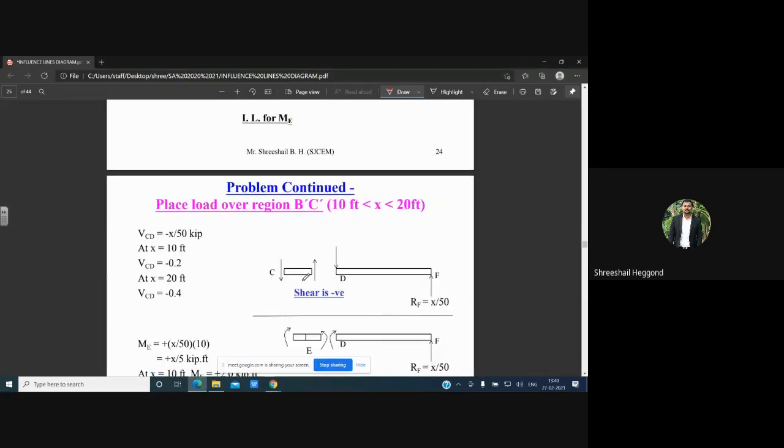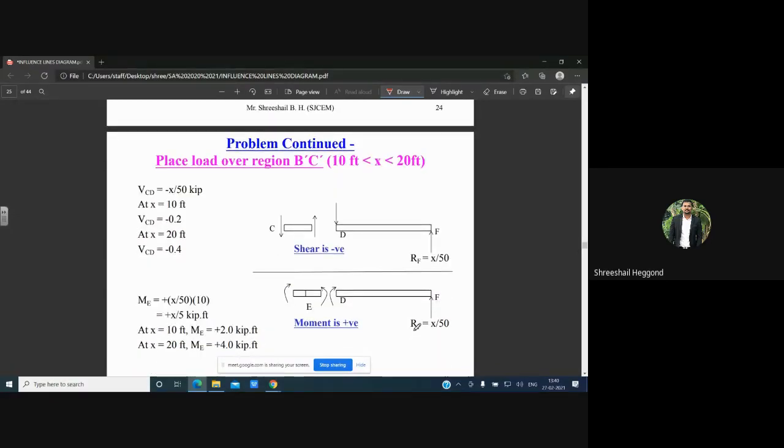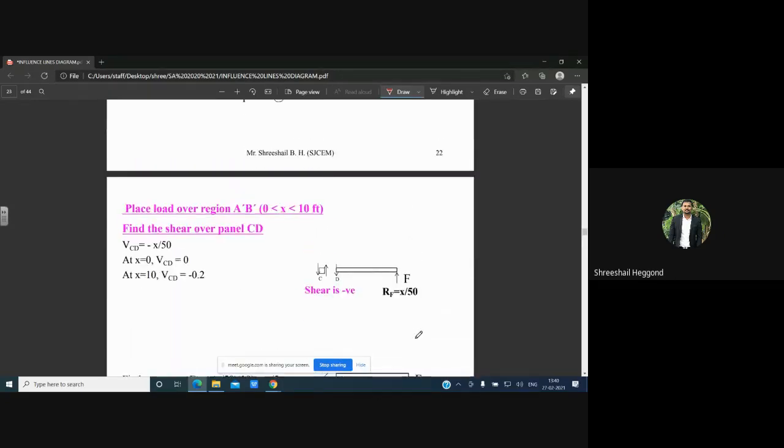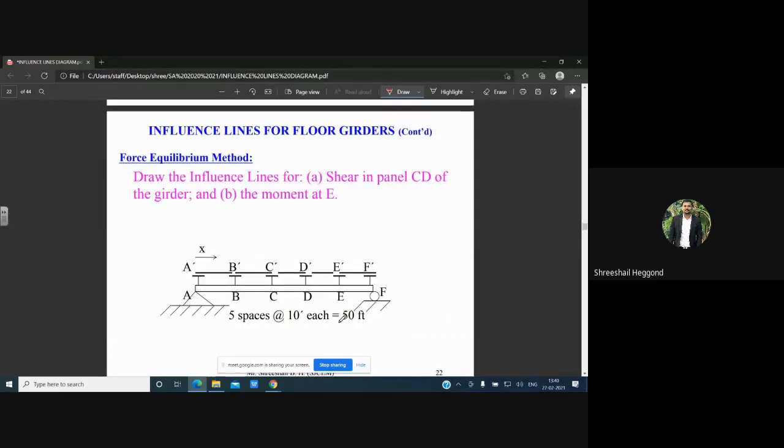That will be dealt with in these activities also, where the components deal with the support reactions, that is the last reaction. F is the last reaction, and that is X divided by 50 because the total span of the member is 50 meters. Here you can see each span is of 10 meter spacing. The total spacing will be 50 meters or feet. That will be used, and the diagrams will be drawn for the particular component. This is Muller-Breslau's principle and how we have to use it.